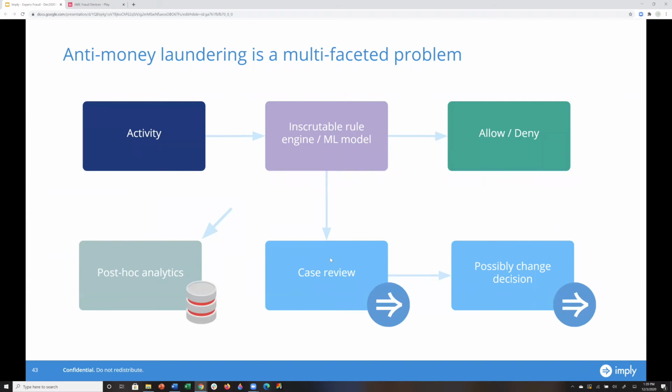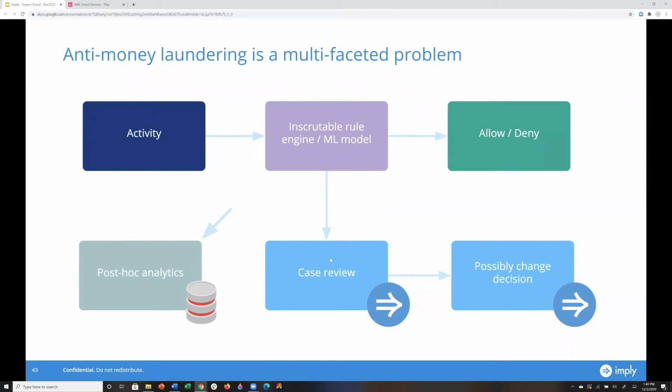So anti-money laundering, as you heard earlier from Brian and Scott, involves a lot of processes where humans are also involved, but this is more of a simplified version of it. Consider the activity here as your financial transactions. And then you have these machine learning rules that are currently running, and it detects to see if this will be allowed or denied. And so black and white, right? But there are some gray areas where the machine learning model really doesn't know if this is a problem or not. And then that gets flagged and posted for case review.